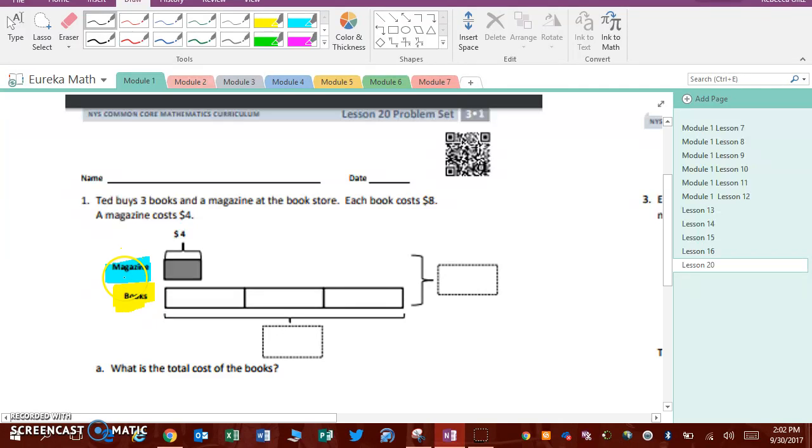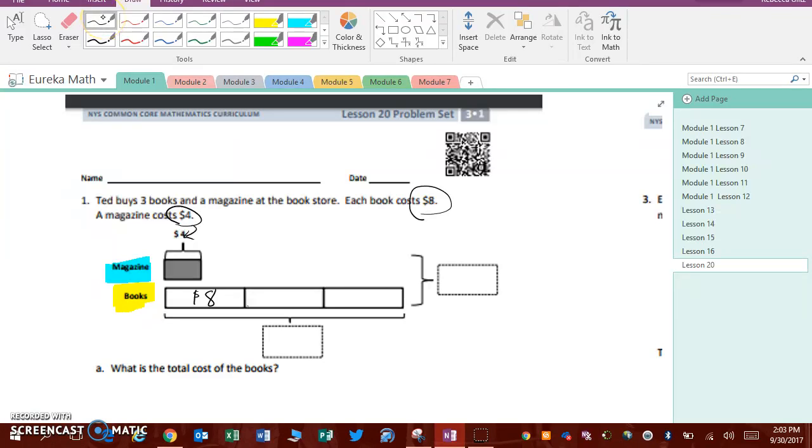So you can see they've started a magazine tape diagram, and they're showing that each magazine costs $4. We got that right here. It also tells us each book costs $8. So basically we would label this section as $8 and we can just put that in the box instead. Okay, so I'm going to erase this because you don't have to worry about that in this kind of tape